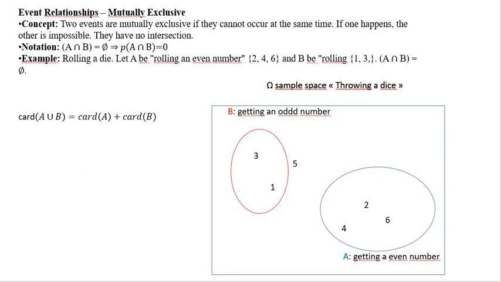Now let's go back to the mutually exclusive events. Here we have A, which is an even number, 2, 4, 6. Then we have B, which is 3 and 1. What we can observe is that B bar, which is the complement of B, contains everything in A. So if B and A are mutually exclusive, we see that